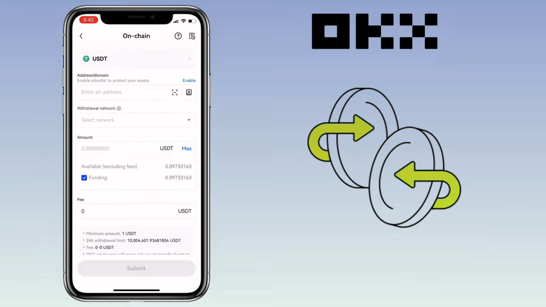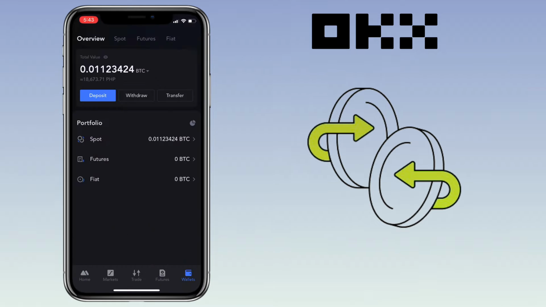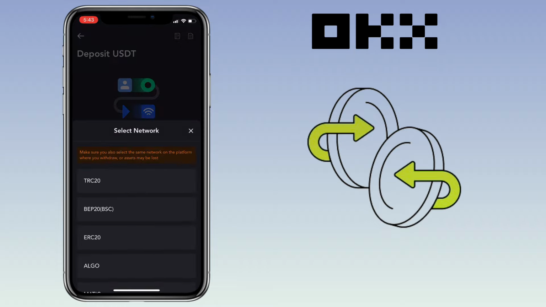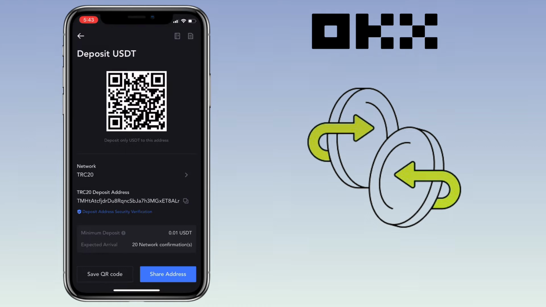The next step is to go to your external wallet. On my end, I'll use my Maxi account again. Pick the same token, which is USDT. Select the network, I'll use TRC20. Copy your deposit address. Go back to the OKX app